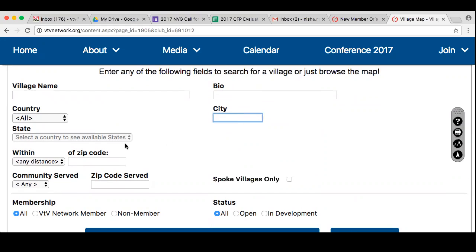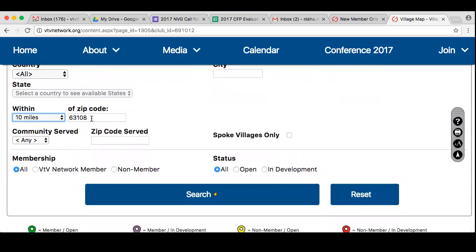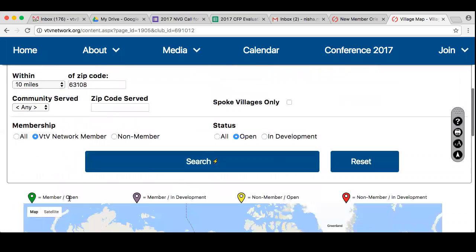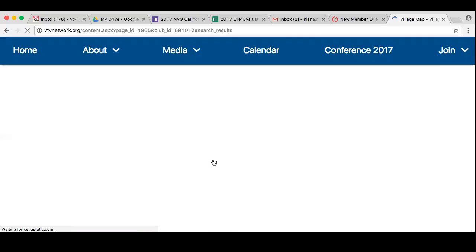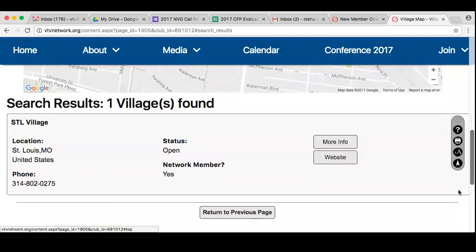And here, let's do a better example. Okay, so I want to find a village within 10 miles of me, and I want to make sure they're a member, and I want to make sure they're open and providing services. So I put all that in. You can see what the little bubbles mean in their colors. Press search. It'll pinpoint me to the area where it is, and under the map is where,